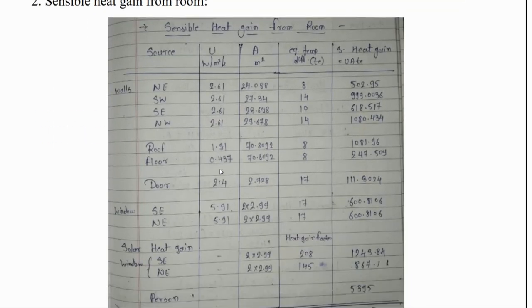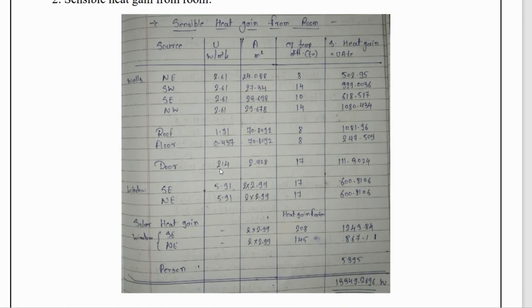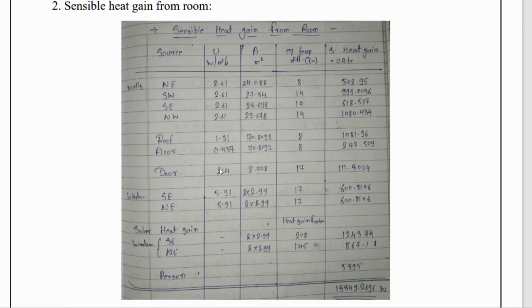Here, this is the important part of the process: to calculate the sensible heat gain of a room. So from where do we get the sensible heat? Walls, windows, and solar gain through windows, which means heat coming directly from contact with the sun. From the walls, windows and solar gain, we will get sensible heat. And there are some components like food and people, from which we get sensible as well as latent heat. So we have to calculate them particularly and separately. For the sensible heat from the room,